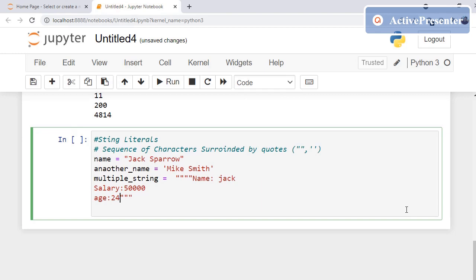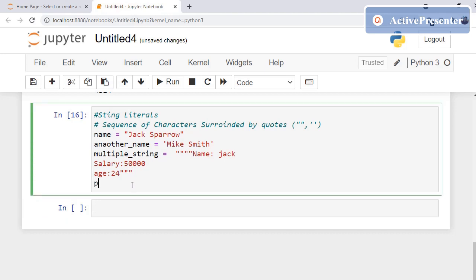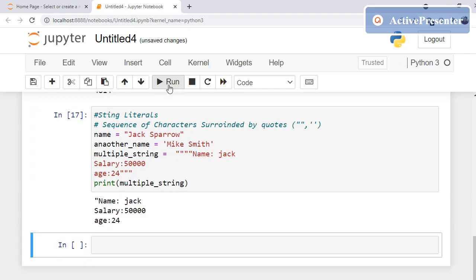Next is something called Boolean literals. So let us just run this. There is no error, everything is correct. Let's print the last one, multiple_string. If I print this, you see this is how it comes out.